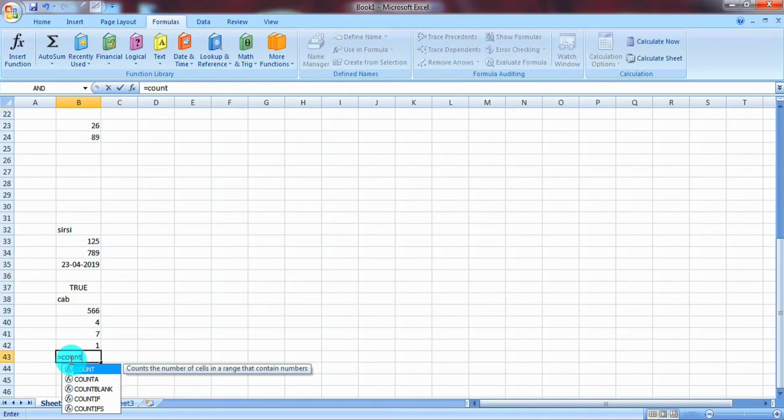The syntax of count is number, value 1, value 2. Here instead of number, they have mentioned the arguments as value 1, value 2. This is because you can pass any type of value, either text data, numeric data, boolean, or even a blank cell can be passed as an argument. Here also you can write them one by one, or you can select the range.